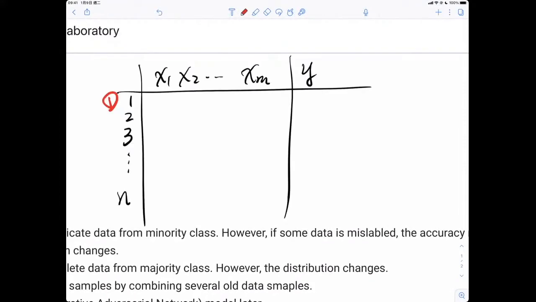For example, you might only collect very few data points, so that the n might be less than 100, 200, 300. You would like to train your model. The best case is you have a lot of data, all representing your subject, so that you can use this data to train your model. You don't want to have only very few data because those data do not have enough representation.